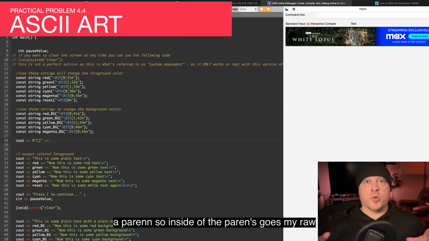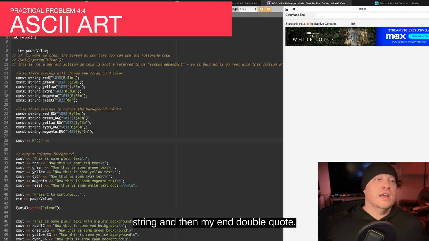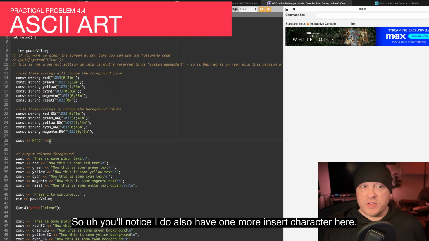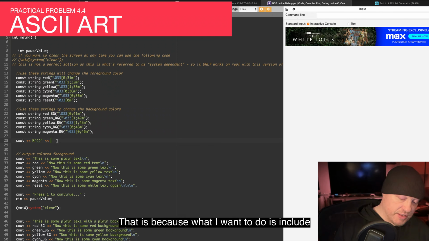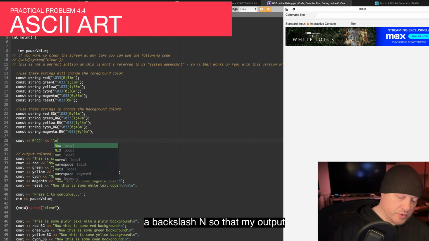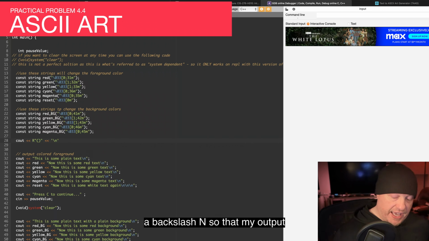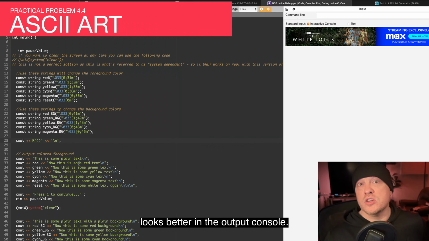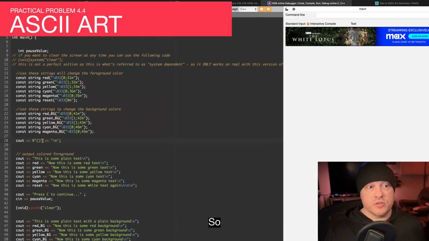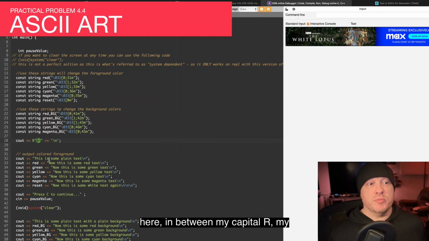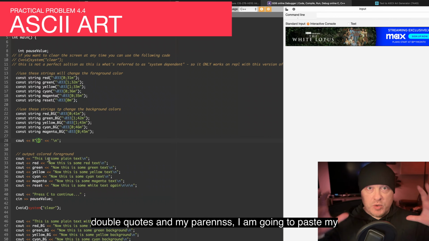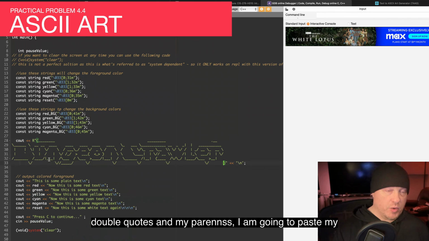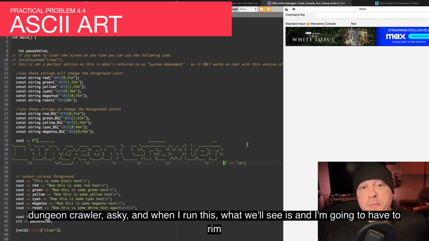So inside of the parens goes my raw string, and then my end double quote. So you'll notice I do also have one more insert character here. That is because what I want to do is include a \n so that my output looks better in the output console. So here, in between my capital R, my double quotes, and my parens, I'm going to paste my